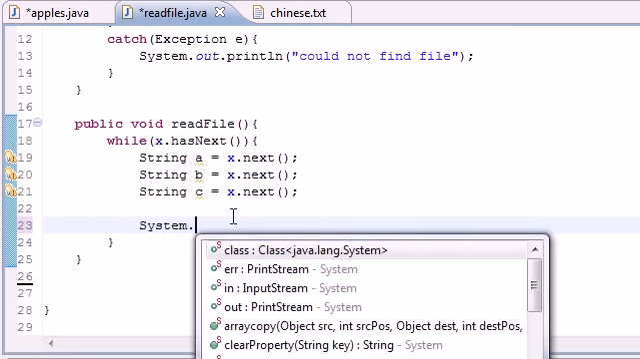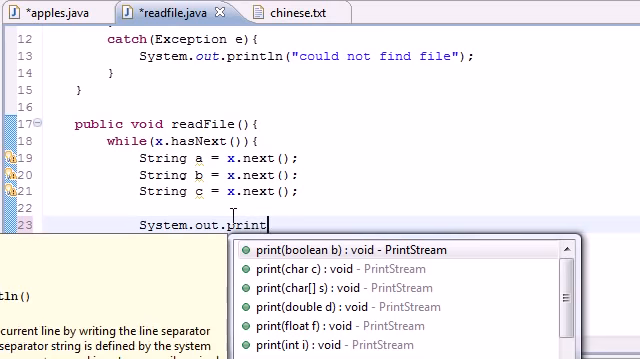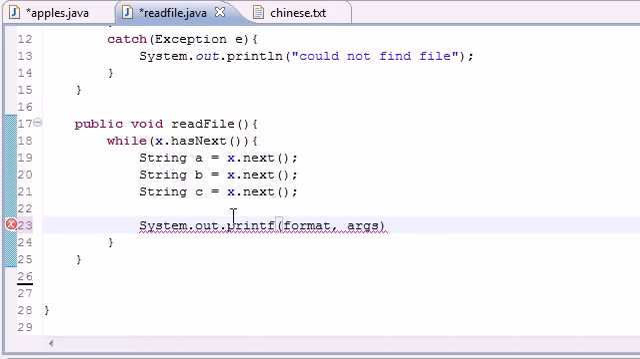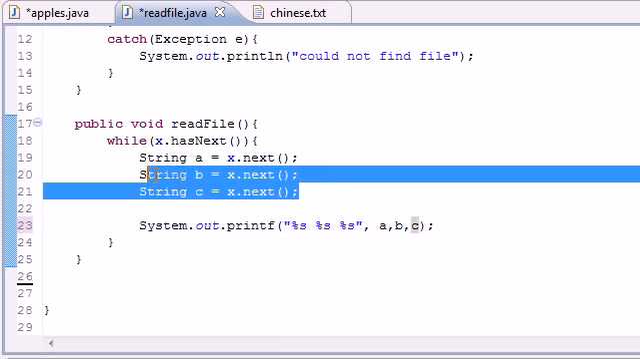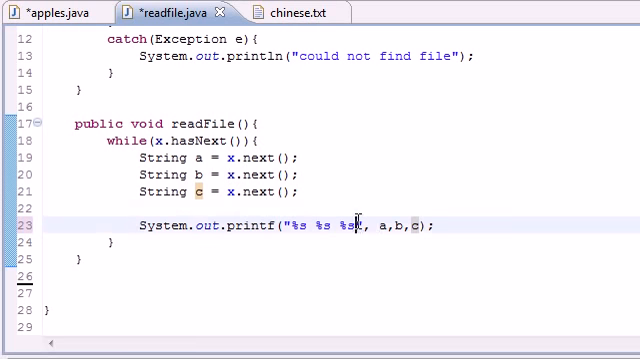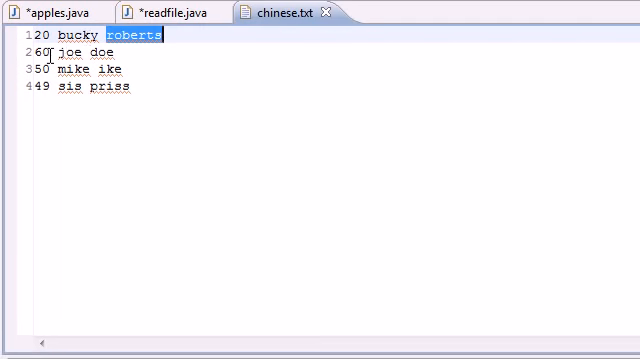So system out print, actually printf would be better. So let's go ahead and print just 3 string variables. So %s space %s space %s, and those variables of course are A, B, and C. So now after it gets those 3, it's going to print it out, and you might want to put a new line there, and then it's going to go, alright, next 60 is A, Joe is B,